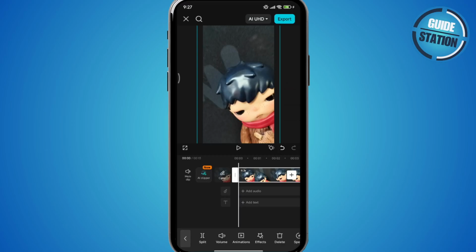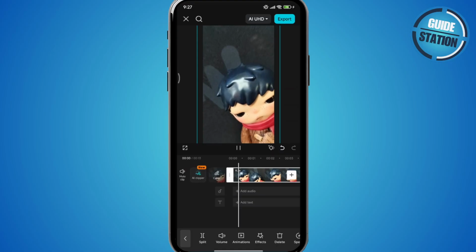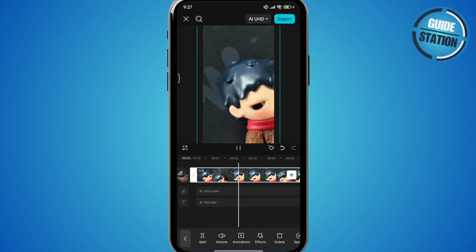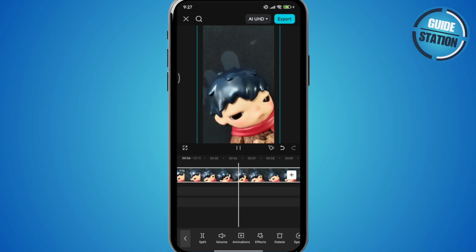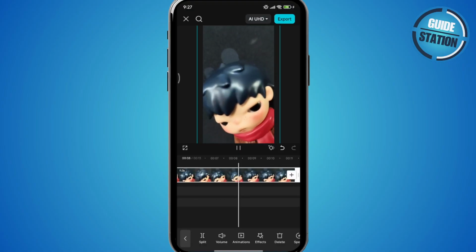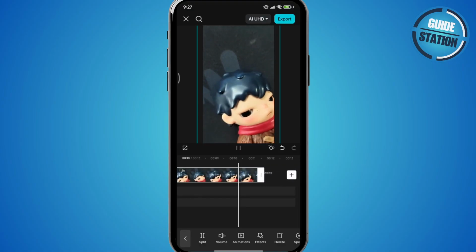In today's video, I'm going to show you how to use keyframes in CapCut Mobile. So let's dive in. Now, keyframes are one of the most powerful tools inside CapCut because they let you control movement over time. Now to get started, you want to open your project in CapCut Mobile and select the clip